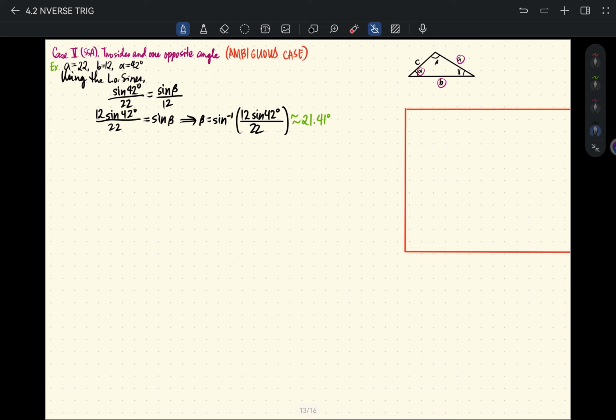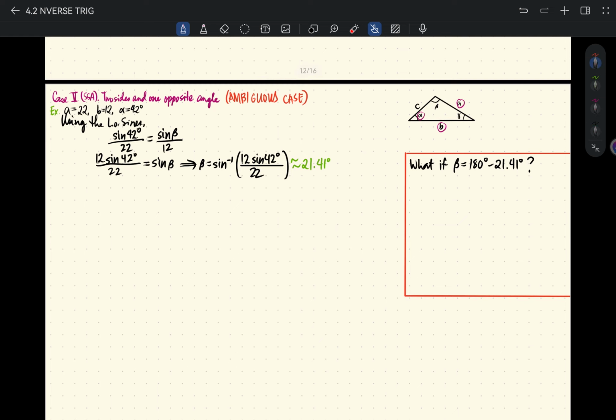So what if beta equals 180 degrees minus 21.41 degrees? Take note, maybe I should put it right here. Note, if sine inverse, you need to consider 180 degrees minus alpha. If cosine inverse, no need. Okay? So since we did sine inverse here, we have to consider the other angle, which is 180 degrees minus